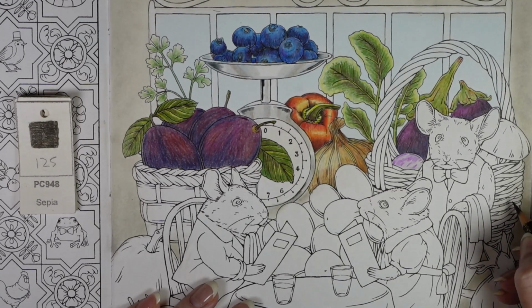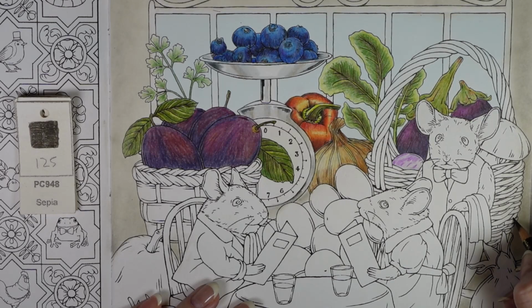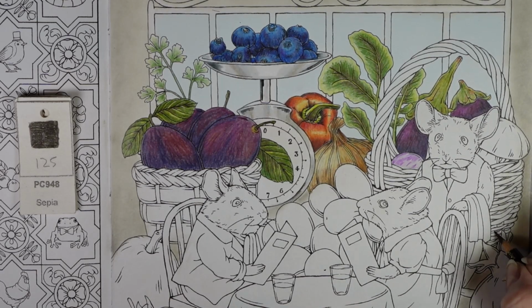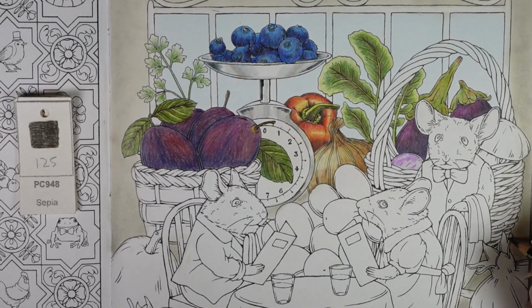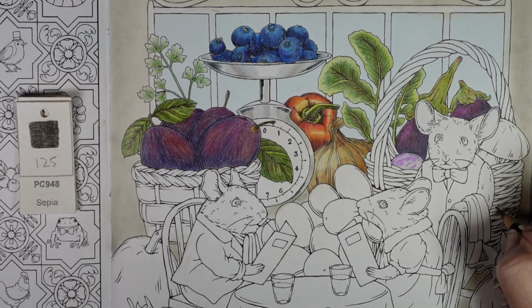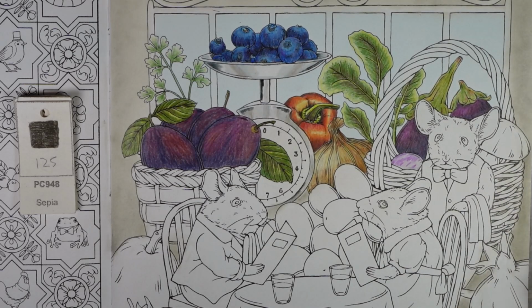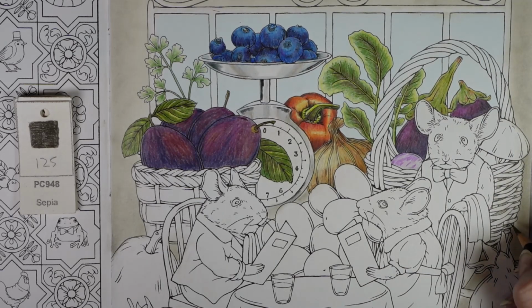Now I'm going to be working on the basket. So everywhere that the basket is woven and there's shadow, I'm going to be using this sepia color. So and then I'm also using sepia on the very ends of where, if you look at the weave right there,